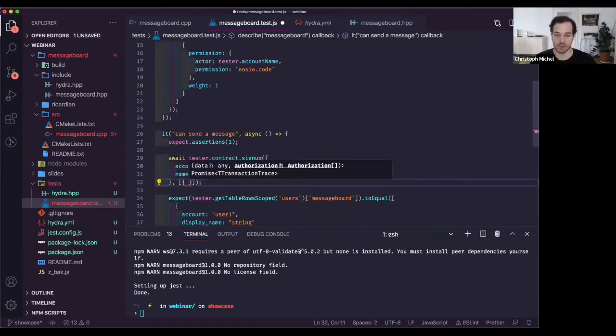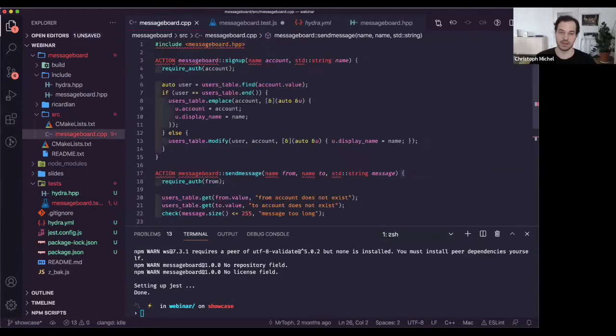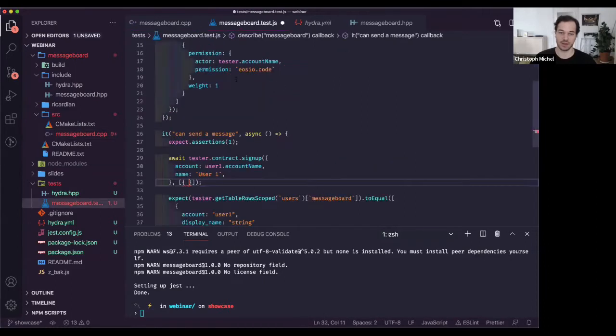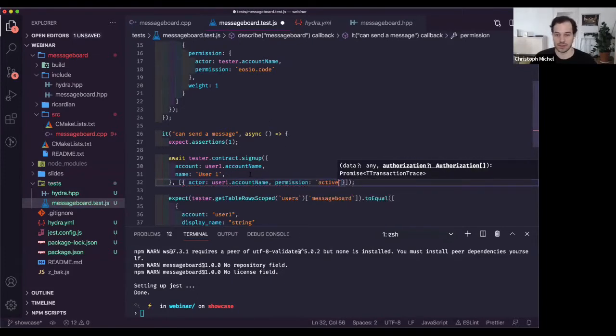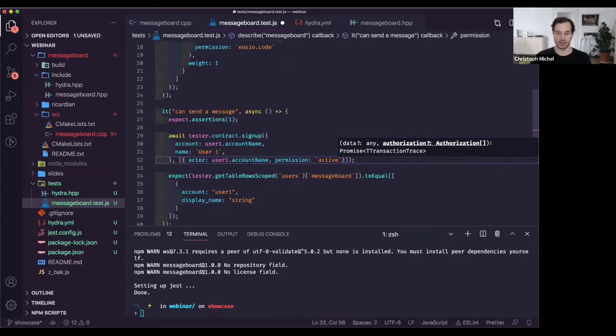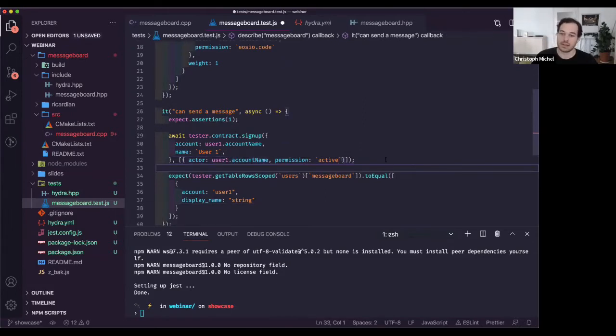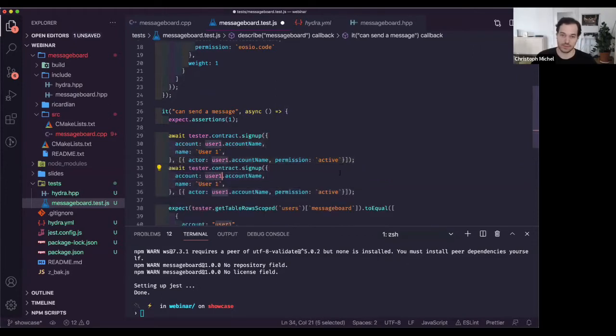Then we also need to provide the permissions that we send it to, because here it's checking for the authorization of the account that's signing up. And this is the same as with any EOSIO permission, so it has the same API. It takes the actor, which is again the first user, and then the permission name will be active here. In Unix, I always get autocomplete when I do any of this stuff. So we sign up the first user. Let's do the same for the second user. User2